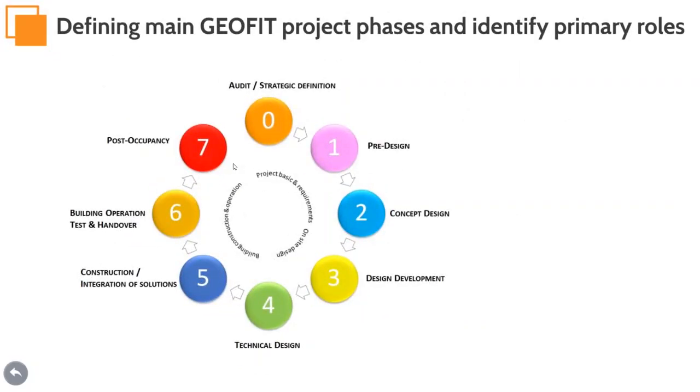This section provides a brief summary of each phase in a building design life cycle: the strategic definition, pre-design, concept design, design development, technical design, construction, building operation, and post-occupancy phase. On a retrofitting project, the strategic definition will be covered with an audit. And in phase 5, the retrofitting project may include only the integration of solutions if there is no objective of extension or complete refurbishment. This is the main difference with the